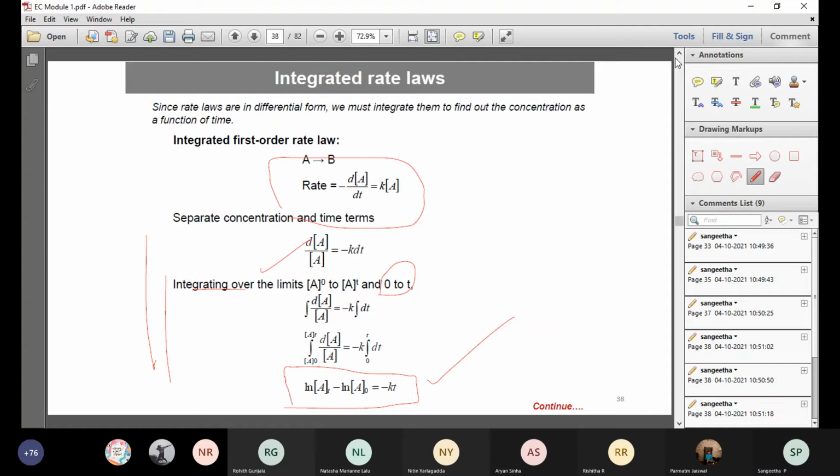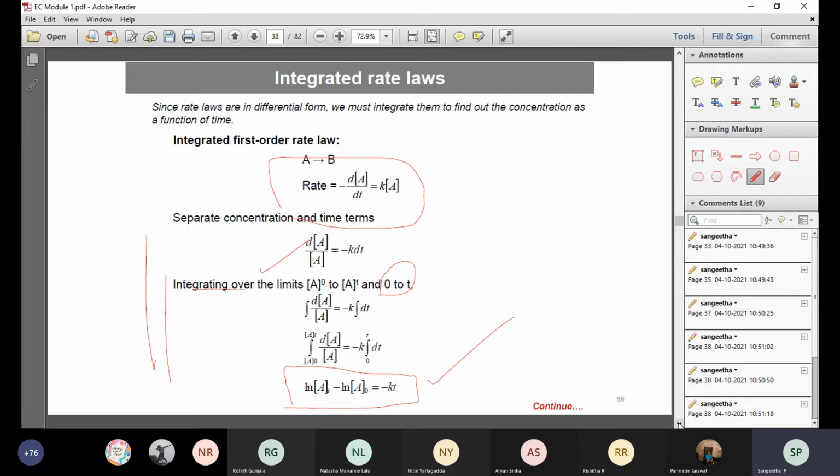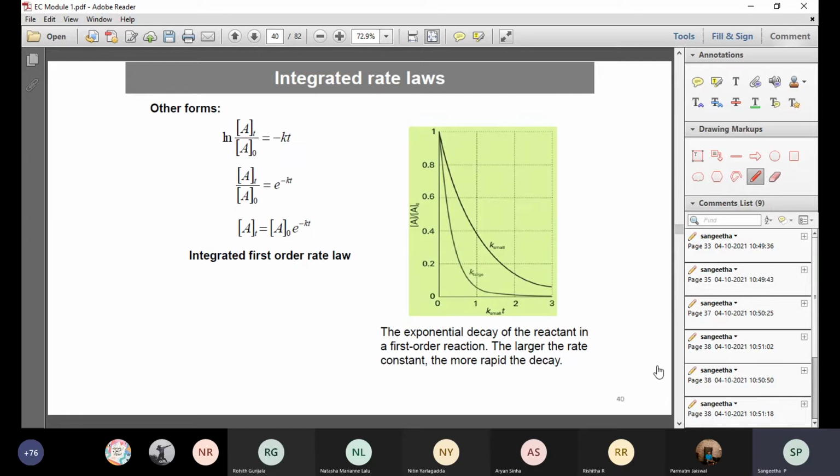Here, the pseudo first order reaction, you will be doing it in the laboratory, maybe on other days, along with the potentiometer, colorimeter, and the other experiments. So, done with that, you can just follow it up with the next one.